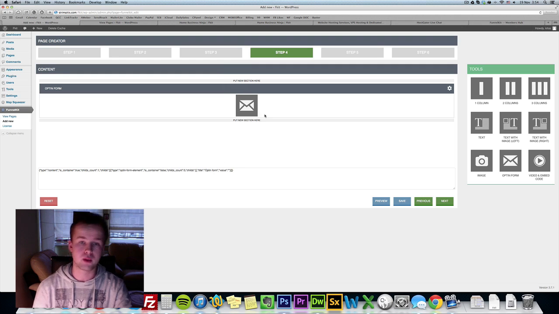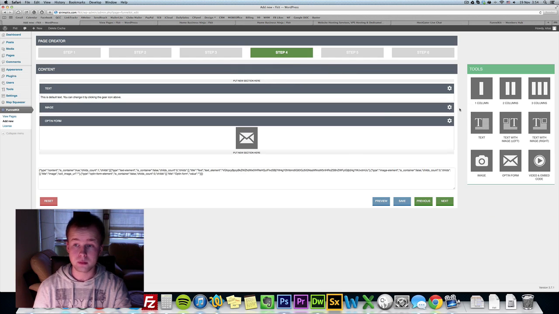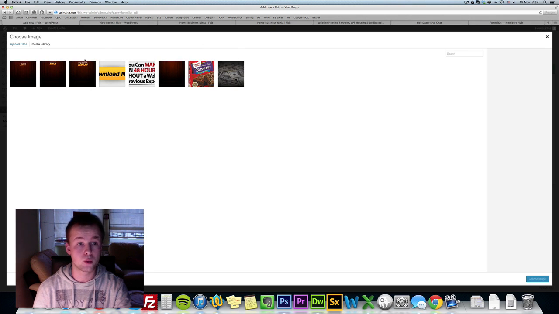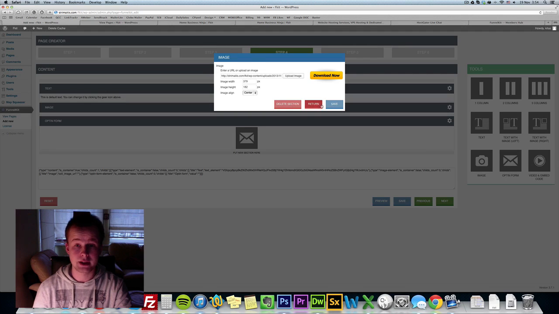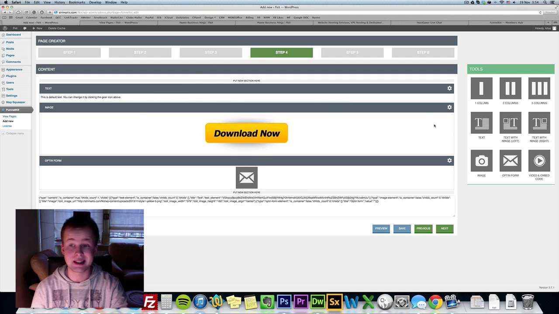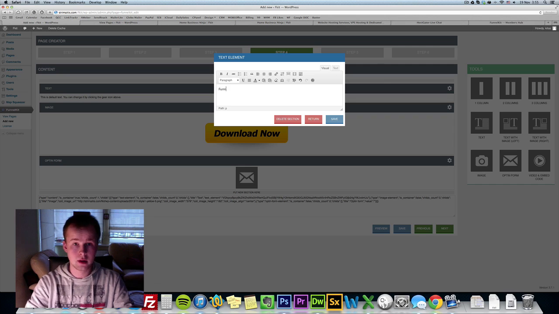But basically you can grab things, like I just grabbed the opt-in form. If I want an image, I can insert an image. I can insert text. Then you can choose what image you want to go for. We're using the WordPress image editor, so it's really easy to do things. As you can see, I've inserted the image. If I want some text, I just insert a text tool, click this gear button, and I can change the text to anything I want. For example, FunnelKit